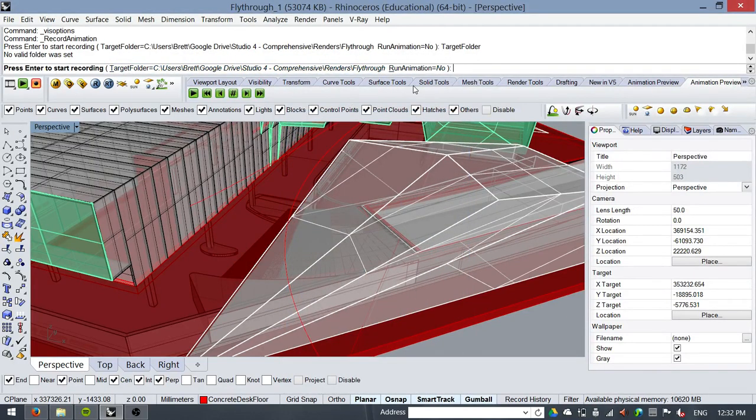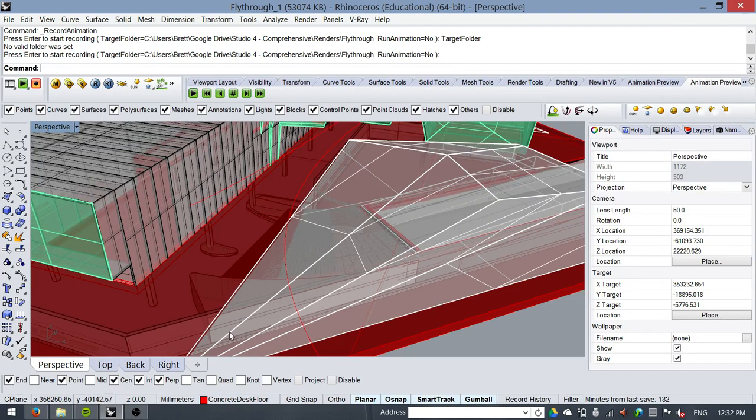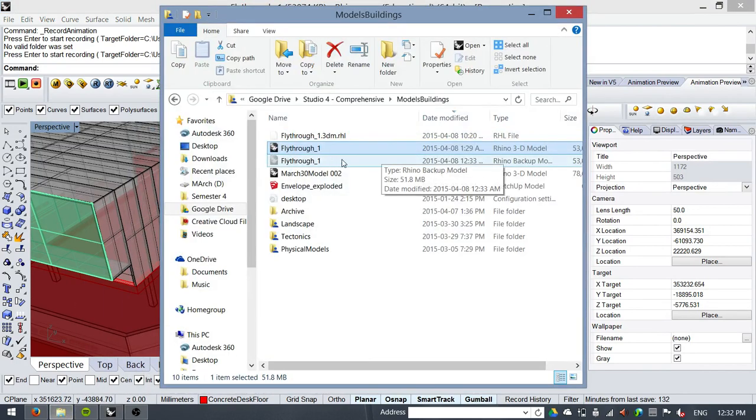And then basically hit enter, and it's going to do its thing. And what you'll end up, I'm not going to do it because it'll take a while. What you'll end up with, though, is